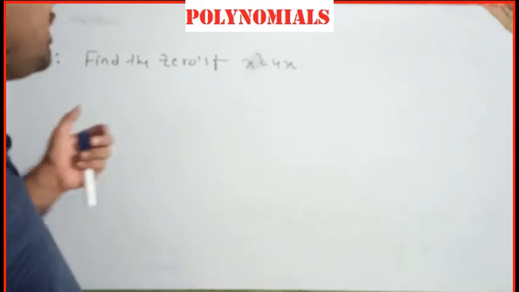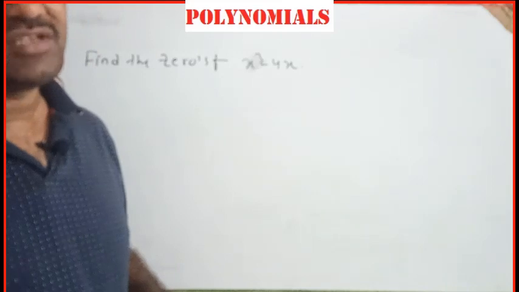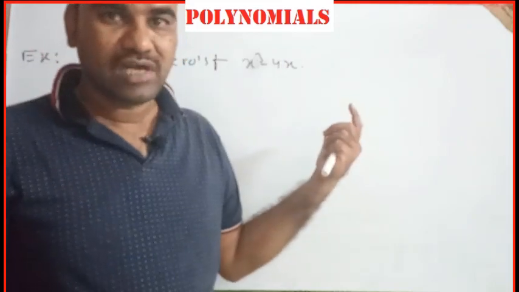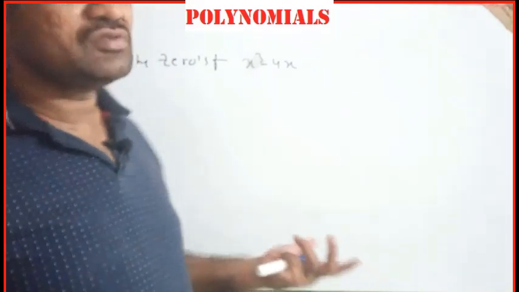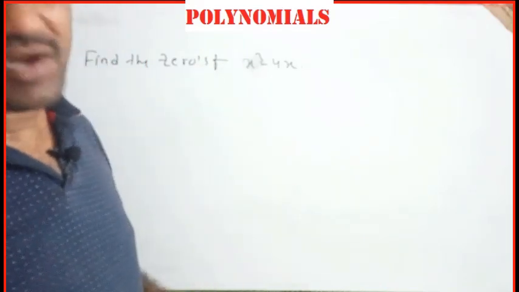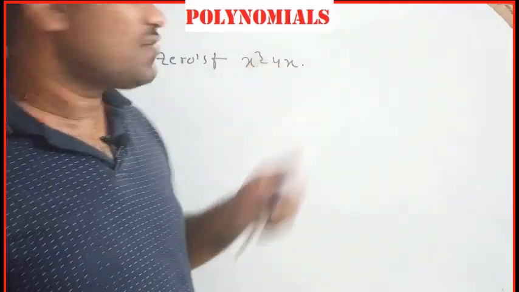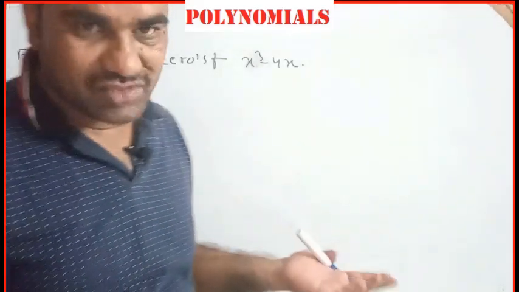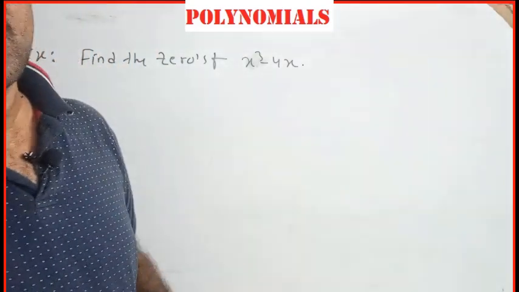Okay, so there are 2 methods with us to find the zeros of this polynomial. One is the algebraic method. Another one is the graphical method. Algebraic method means we just need to equate it to 0 and solve for x. How many real x exist, we can say that many zeros exist for that polynomial, and the values of x we get are the zeros of that polynomial. Another is the graphical method. Let y equal x cube minus 4x and draw the graph of y equal to x cube minus 4x on the coordinate plane. Where that graph intersects the x-axis, from those points we take the x coordinates. Those are the zeros of that polynomial.